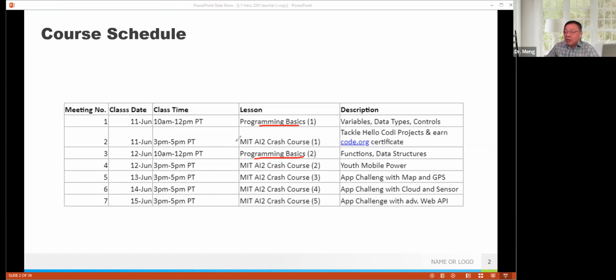As the second part, there will be the crash course. We call it the project-based crash course. That would be sessions 1, 2, 3, 4, and 5. In these sessions, we're going to focus on very practical projects with MIT App Inventor. You're going to cover not only the contents from the programming basics, but also we're going to extend to